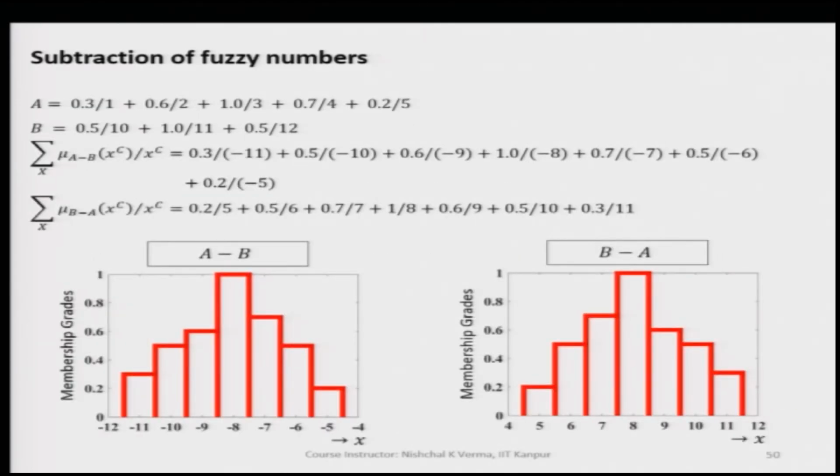So, when we bring these two outcomes A minus B and B minus A together, we see that these two are symmetric. In other words, we can say that A minus B and B minus A both are the mirror images of each other. Of course, here we see when we take A minus B and B minus A, these two are not equal to each other. So, it means the commutativity property does not hold good with respect to the subtraction.